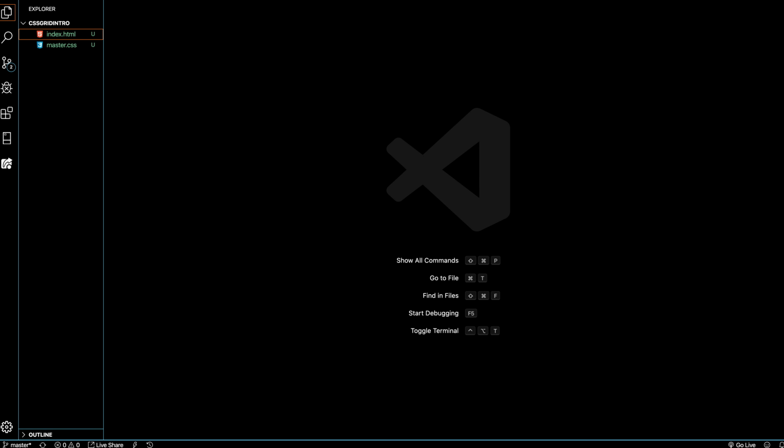Nav bar, header, and then we've got all this main content, and we have this footer, right? So if you can imagine a website that looks something like this,